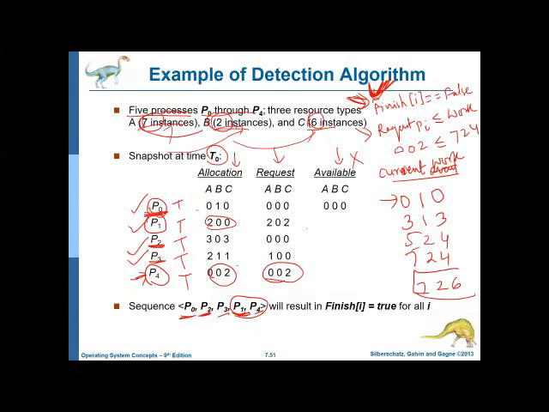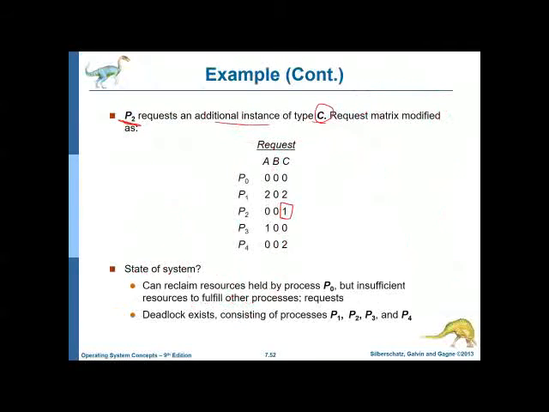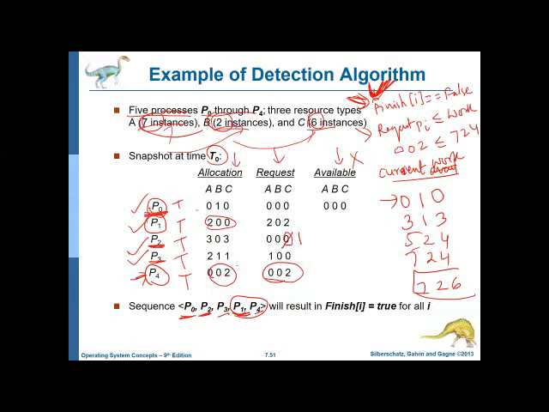Look at the previous example. What was the instance there? It was 0. But here it has changed and now it is 1. That is, P2 is requesting one instance of resource type C. Now this is the new request table. In such a case, will there be any deadlock? Now let us come back to this figure and understand it much better.